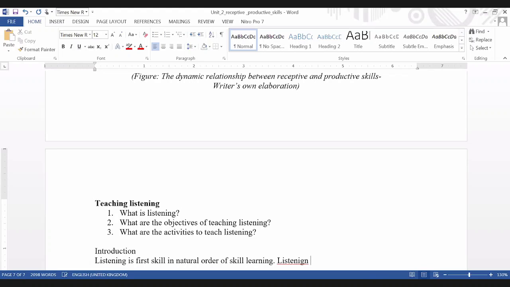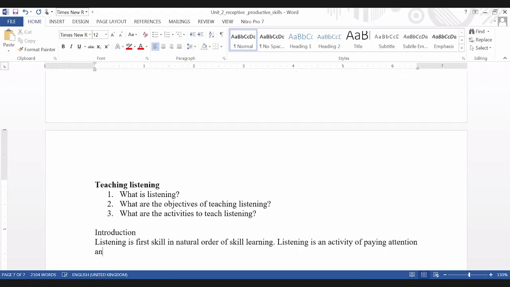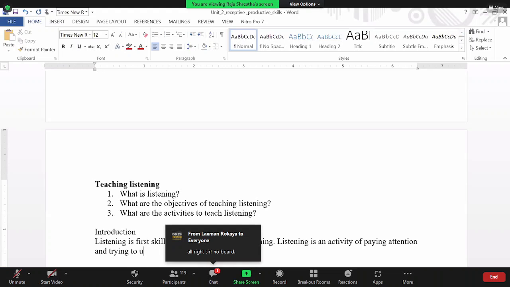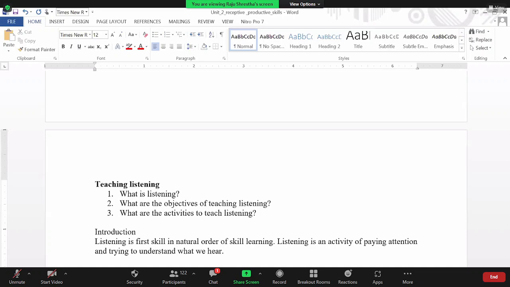Listening is first skill in natural order of skill learning. Listening is an activity, एउटा दुईटा डेफिनेसन पनि सम्झनु भयो भने then it will be easy, हैन। Listening is an activity of paying attention and trying to understand what we hear, हैन। This kind of definition सम्झिदिनु भयो भने, so it becomes effective in your introduction part. Listening is first skill in natural order of skill learning. Listening is an activity of paying attention and trying to understand what we hear,